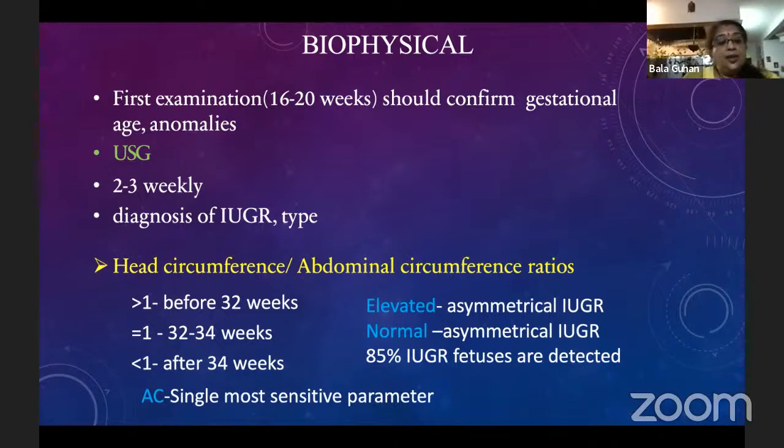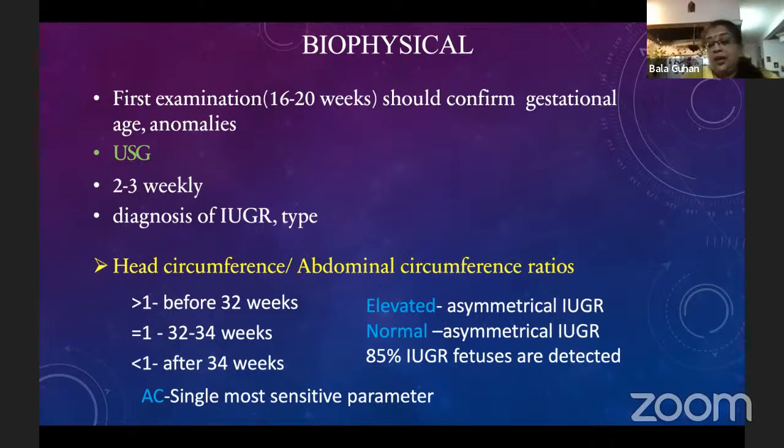So less than 1 before 32 weeks. Sorry, more than 1 before 32 weeks, equal to 1 between 32 to 34 weeks, and less than 1 after 34 weeks. And elevated asymmetrical IUGR, normal asymmetrical IUGR. We have 85% IUGR fetuses detected,